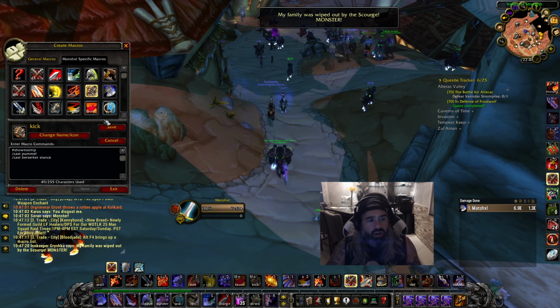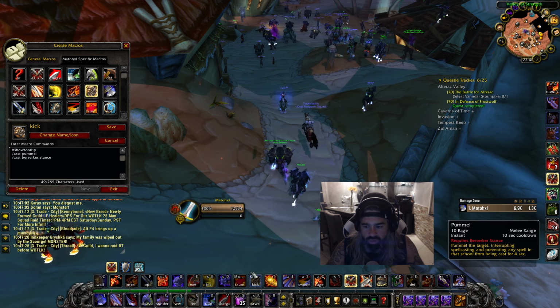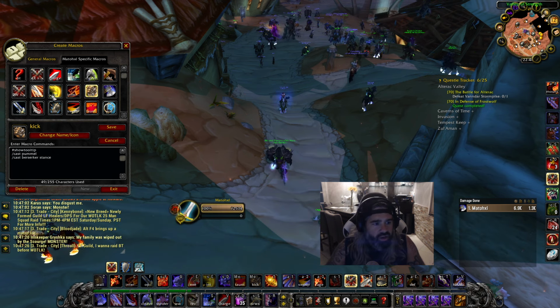Same deal with kick. I'm going to go into my berserker stance, then I'm going to pummel, and I do the same thing with shield bash. Now